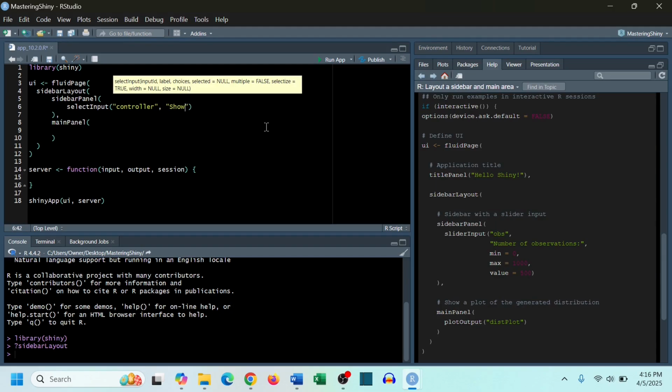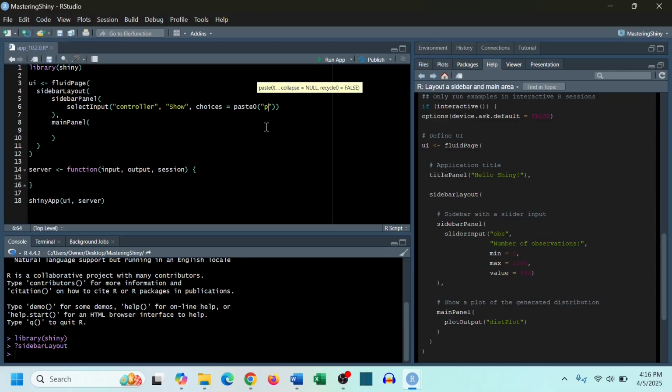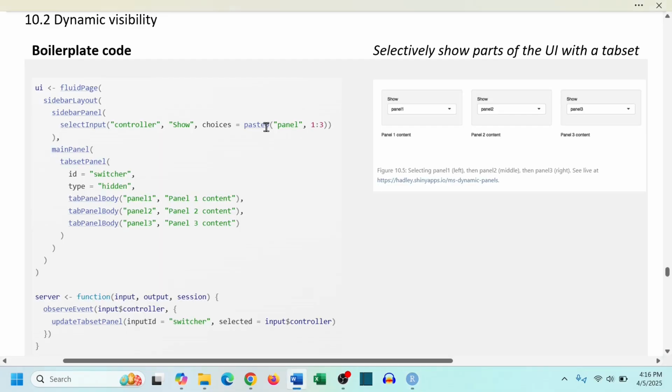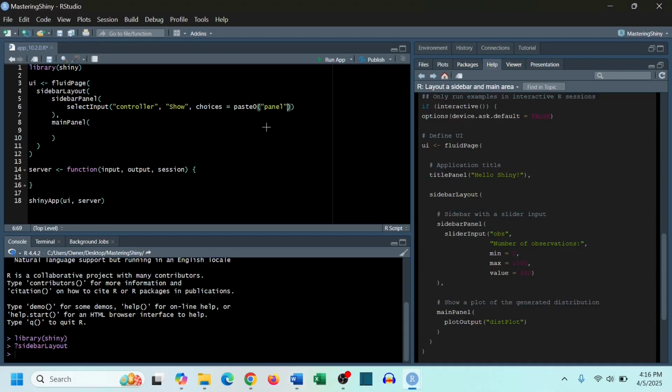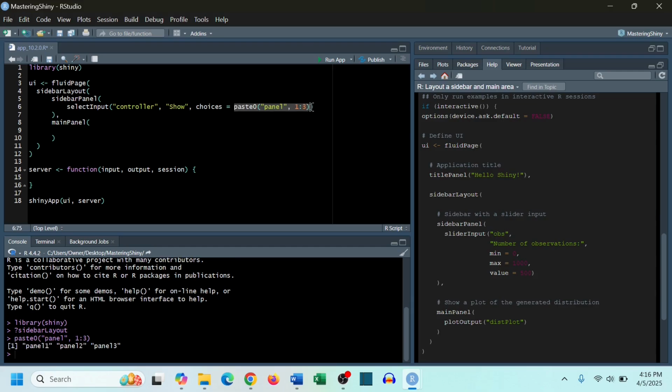And then "Show this tab panel." And then the choices using the paste function, lowercase panel, and then 1:3, right? 1:3. So if you are not sure what this does, execute this, Control-Enter. There you go. This creates a vector of panel 1, panel 2, panel 3, right? So those are the choices here. All right. So if you run this app,